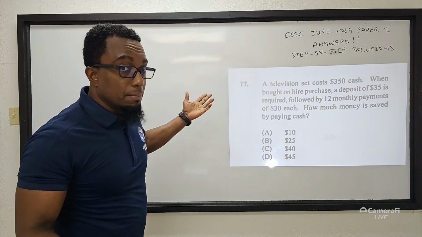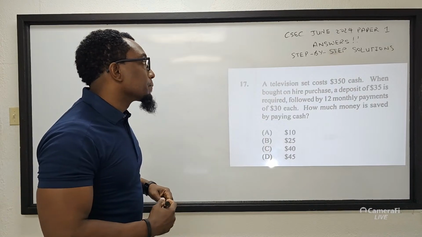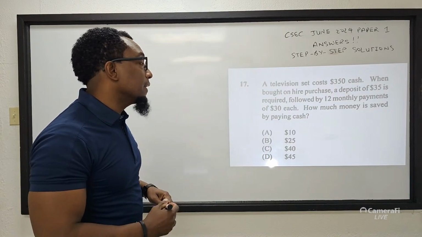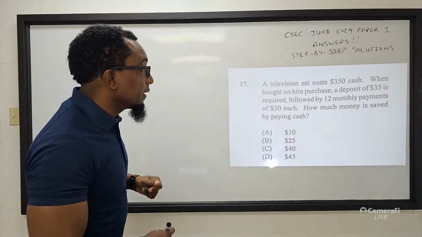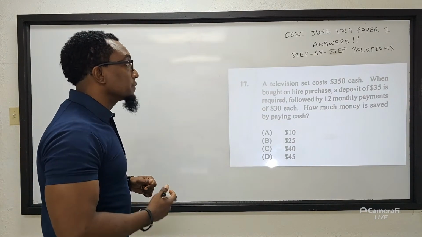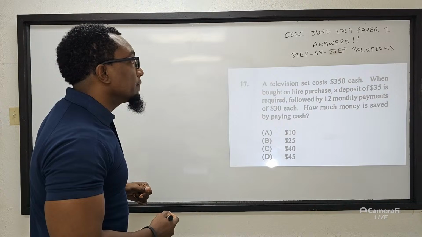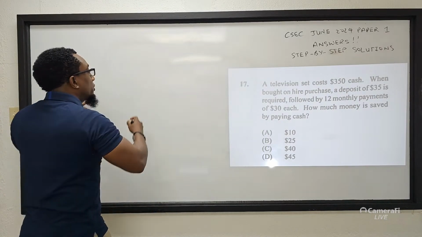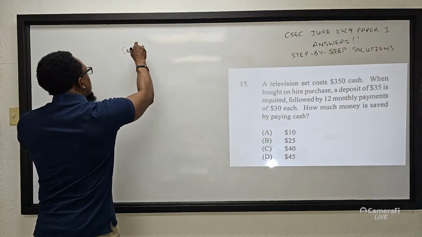Right? Again, another common question. And I think I would have done this question also before the exam. So we're going to quick review, and I would have covered this question in the review process. So we know for us to determine how much money was saved, paid cash. So the cash price,